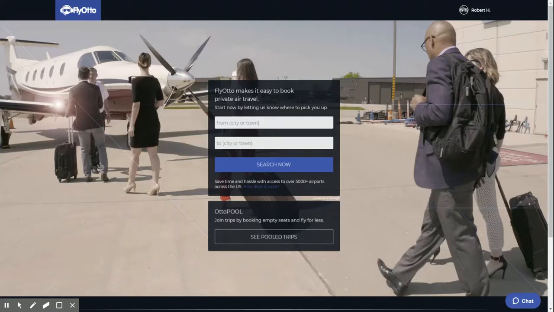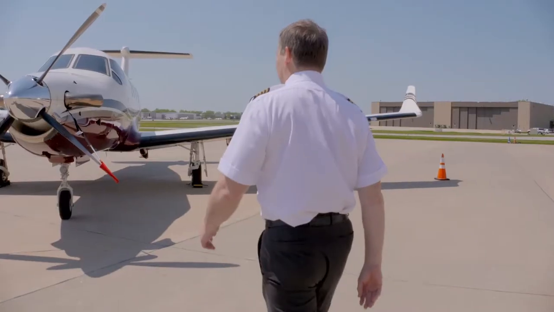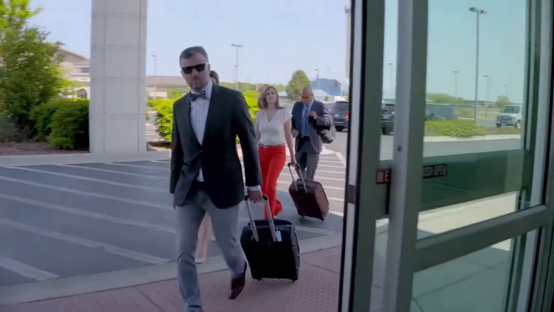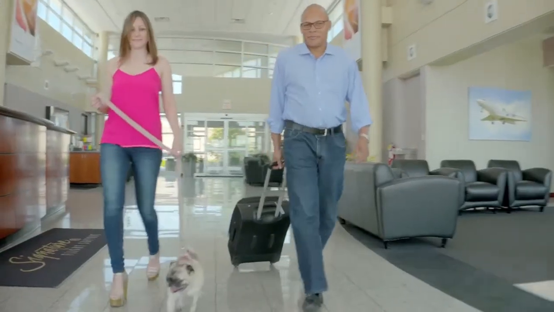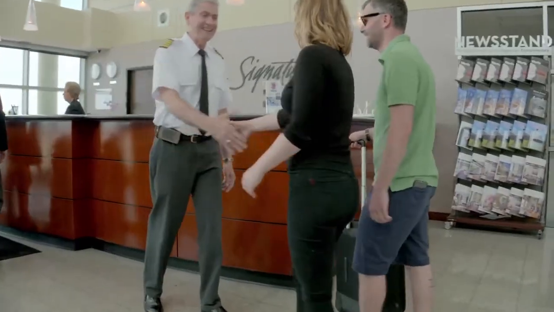Hello, I'm here to show you how to book a trip on FlyAuto. FlyAuto is a mobile optimized web platform that matches planes and pilots with passengers on demand. For people who are dipping their toe for the first time in the charter marketplace, this is a great place